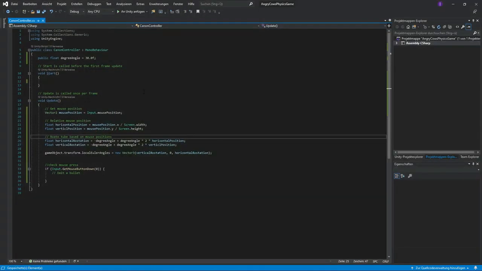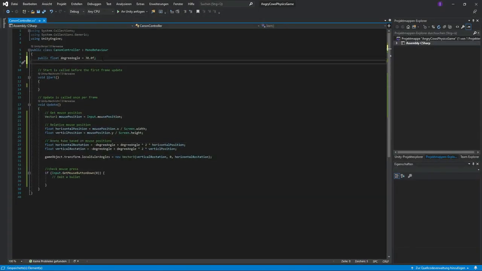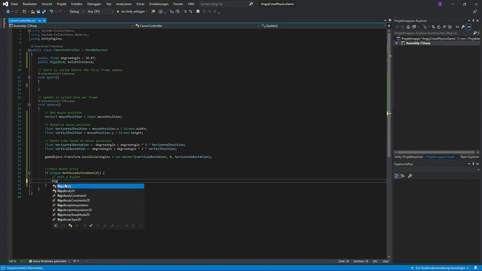And what we want to do now is do the same with our rigidbody, so with our bullet. So what we can do is public Rigidbody, let's call it bulletInstance. And then we can use it down here. And what we want to do is create a new rigidbody every time the mouse is clicked. So Rigidbody, let's call it newBulletInstance equals, and then